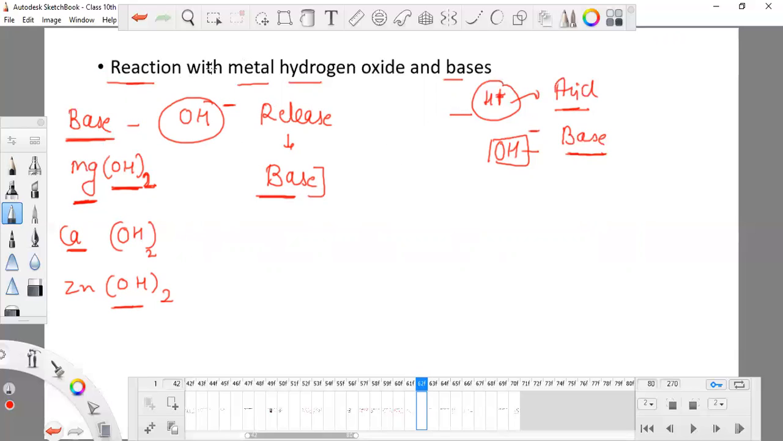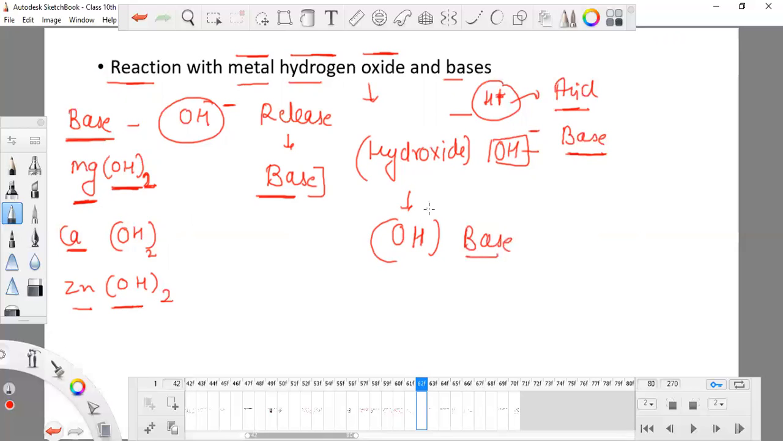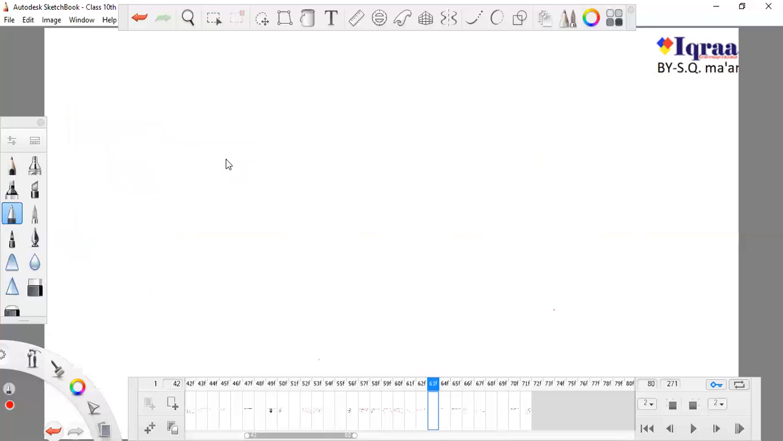learn about how acid reacts with metal hydrogen oxide, which is also known as hydroxide. Okay, what is hydroxide? OH, and this is the presence of base. This is the presence of base. So here, acid with base. Now I'm taking HCl, which is hydrogen chloride, and I'm taking a base which is known as